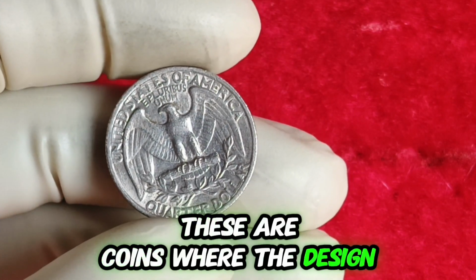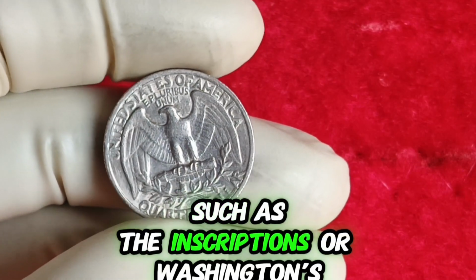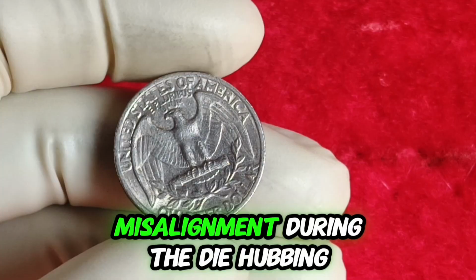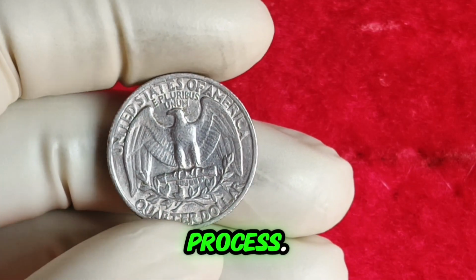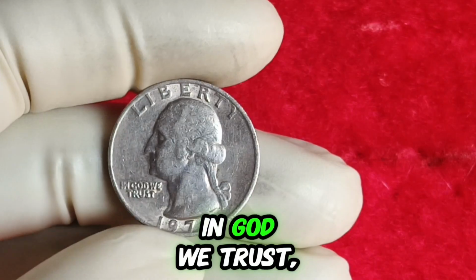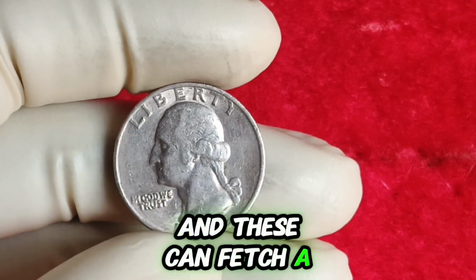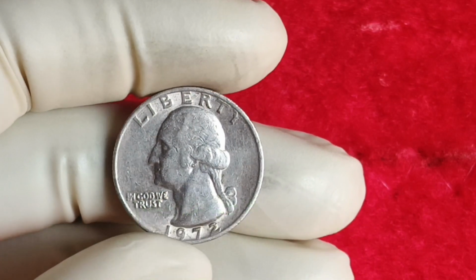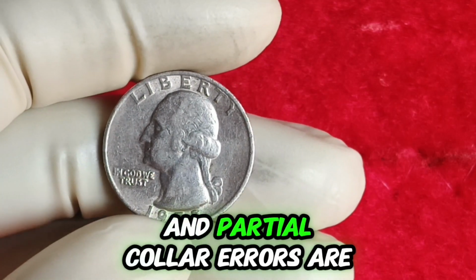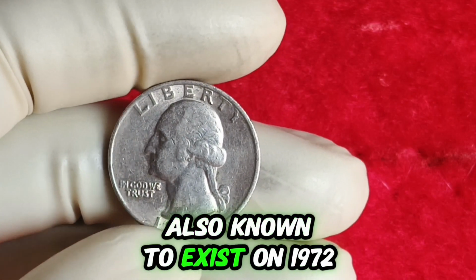These are coins where the design elements, such as the inscriptions or Washington's profile, appear doubled due to a misalignment during the die hubbing process. Some examples display clear doubling on the word Liberty or the I in God We Trust, and these can fetch a premium among error collectors. Off-center strikes, broad strikes, die cracks, and partial collar errors are also known to exist on